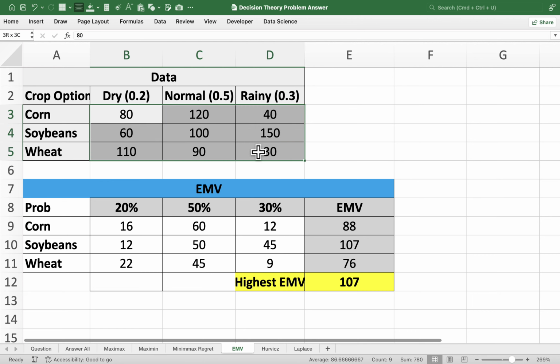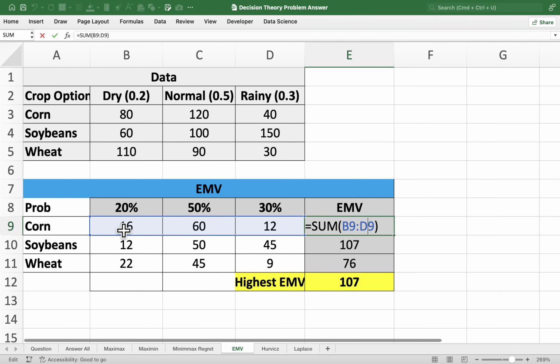These are our expected payoffs, and we will multiply each payoff by its corresponding probability, and probability is given in parentheses. So for example, the probability of dry season is 20%. So 80 multiplied by 20%, that will be 16. So we have 16 here. 60 multiplied by 20% is 12. 100 multiplied by 20% is 22. Similarly, 120 multiplied by 50% is 60. 100 multiplied by 50% is 50, and 90 multiplied by this probability will be 45. And we apply the same process to the last column,